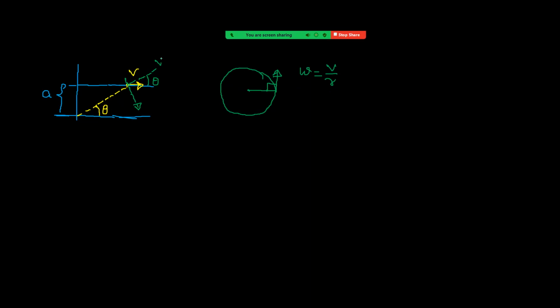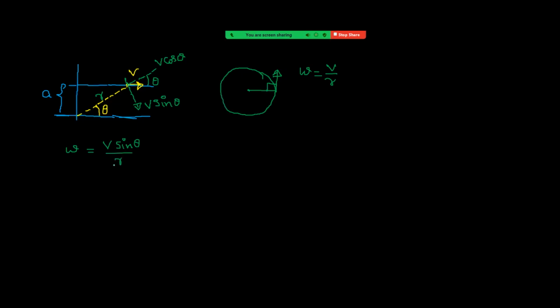Along radius vector v cos theta. Normal to radius vector v sin theta. You can see here, this velocity is normal to radius vector. That velocity component by radius, that is omega. Therefore here, if this distance is r, omega about origin is equal to v sin theta upon